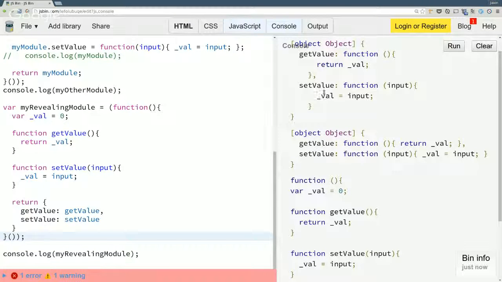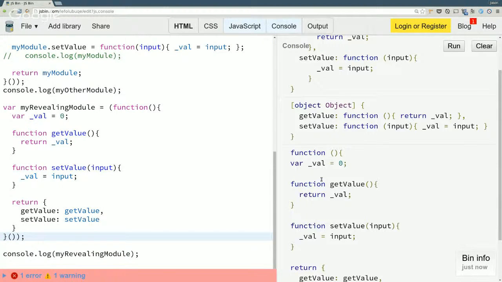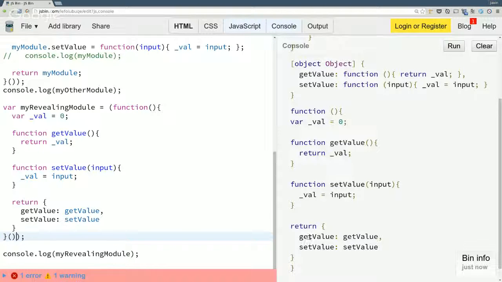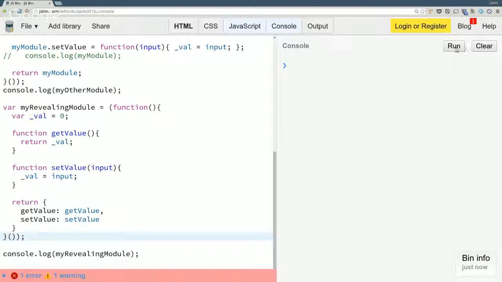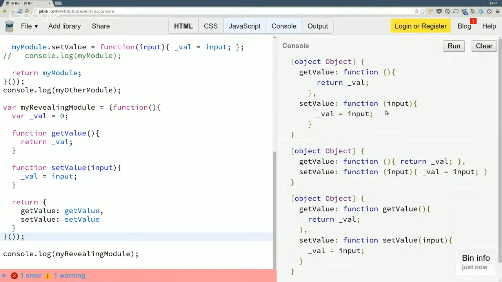Because I didn't invoke my function, it was actually a reference to the entire function. I didn't get the returns because I didn't invoke this inner function for it to actually return something to me. So now if I run this, all three of these approaches are different, but give me the same external interface, which is an object with get value and set value.